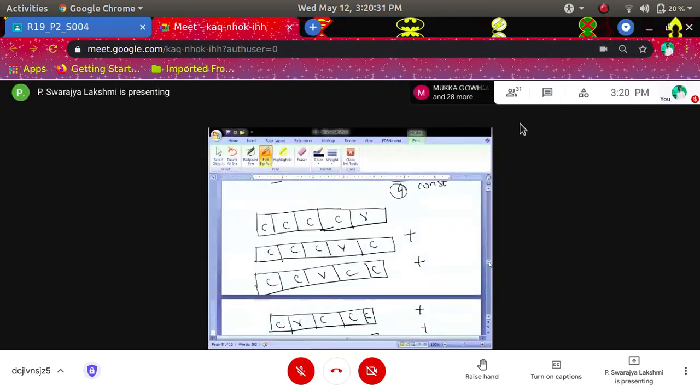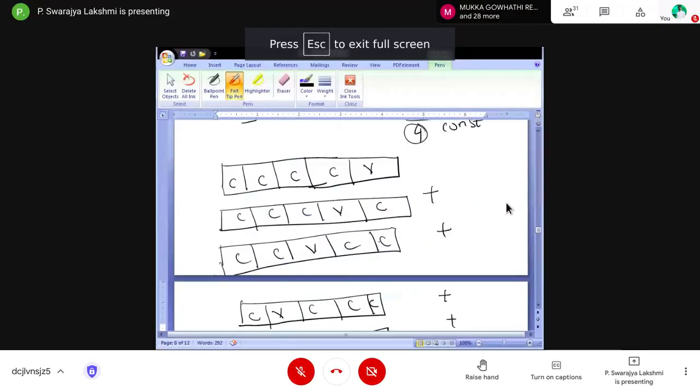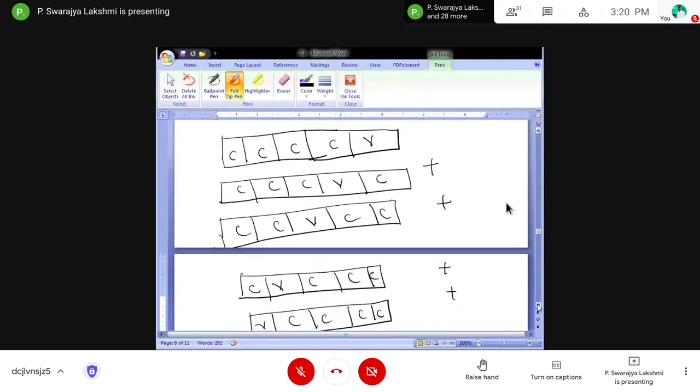The vowel position can be changed from the first position to the last position. So in total we can have 5 chances for the vowel position, right?